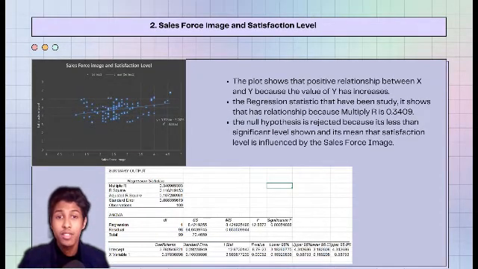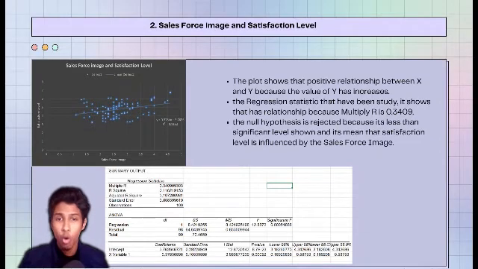Number 2, sales force image and satisfaction level. The intercept shows approximately 3.7626 and the slope is 0.1162. It demonstrates that the satisfaction level is 0. The plot shows a positive relationship between x and y because the value of y has increased. Next, the regression statistics that have been studied show that it has a relationship because multiple r is 0.3409. The r square indicates that 11.62% is influenced by the sales force image. The relationship is displayed as positive on the slope, as shown